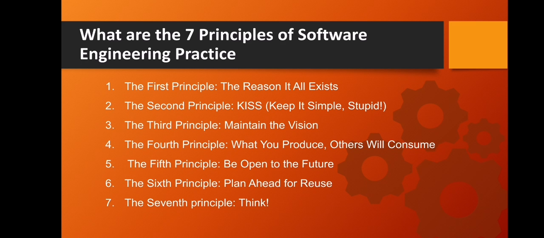And last, the seventh principle: think. This last principle is probably the most overlooked. Placing clear, complete thought before action almost always produces better results. When you think about something, you are more likely to do it right. You also gain knowledge about how to do it right again. If you do think about something and still do it wrong, it becomes a valuable experience.